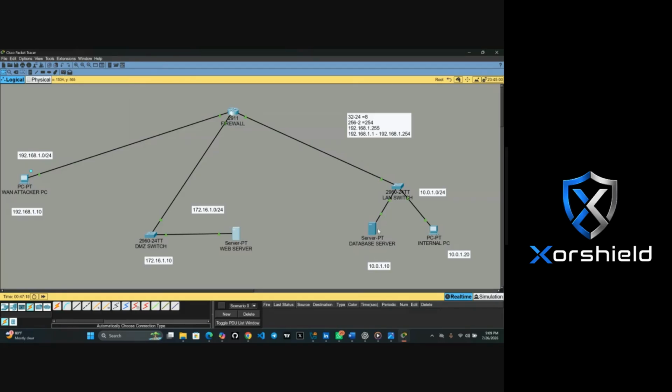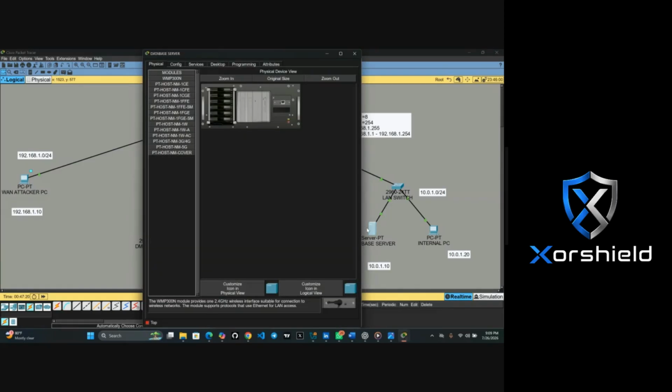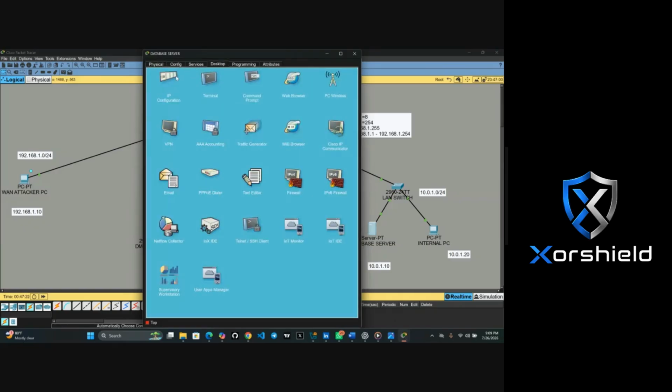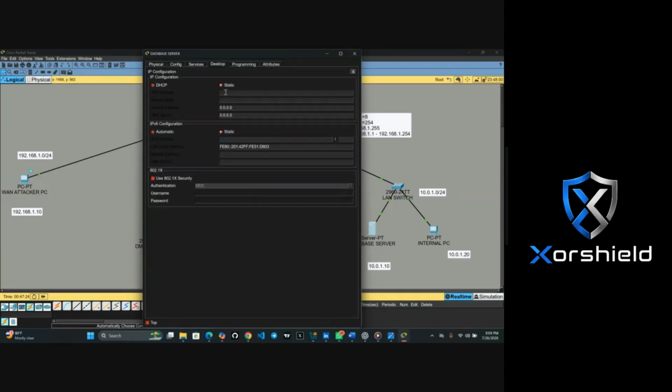Then our database server 10.0.1.10, default gateway 10.0.1.1.